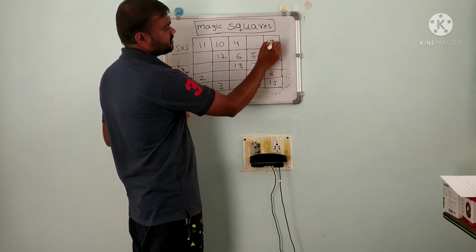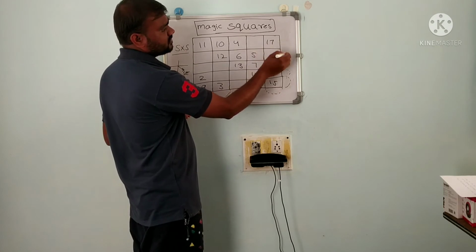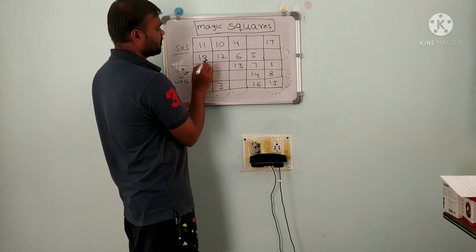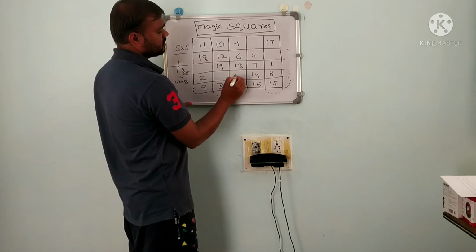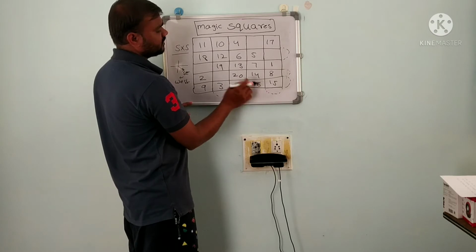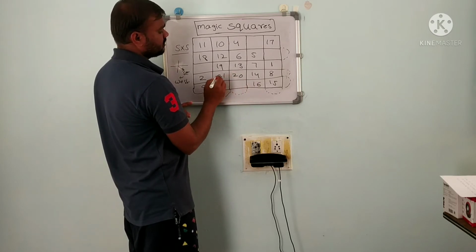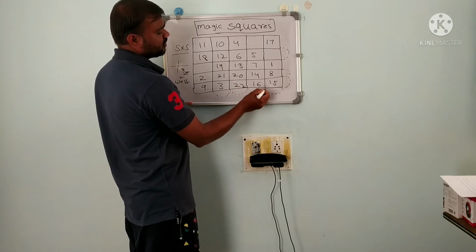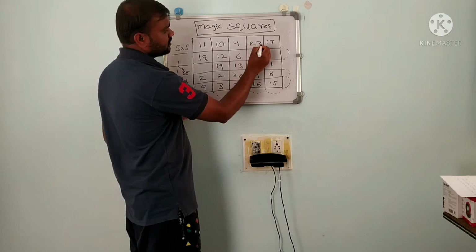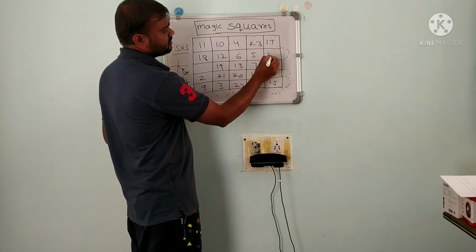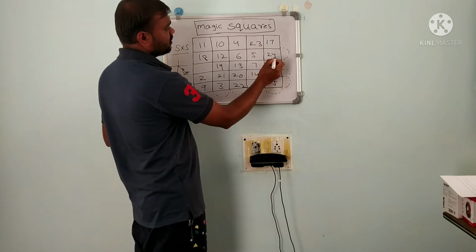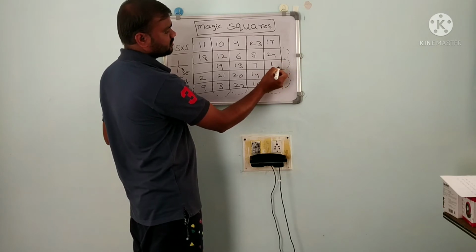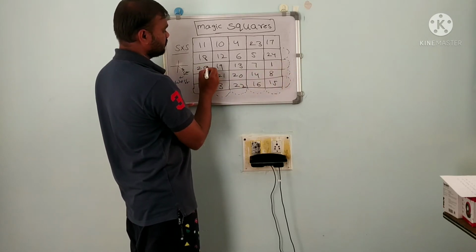16, after it will become 17. After 17 you see southeast is not there, then you have to move like this. If you go straight, 18, southeast is 19, this is 20, this is already filled, so you have to go west, that is 21. After that 22. After 22 southeast is not there, then you have to move like this. This will become 23. After this you go southeast, this will become 24. After 24 southeast is not there, then you have to move like this. You go straight and 25 is here.